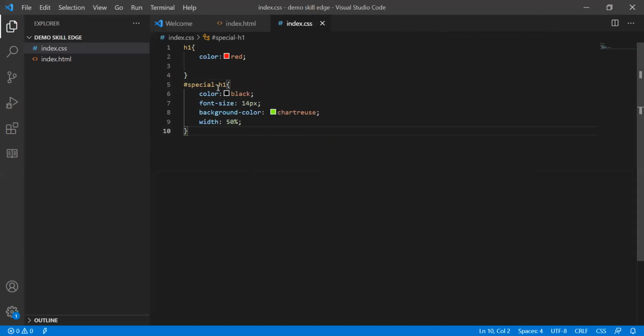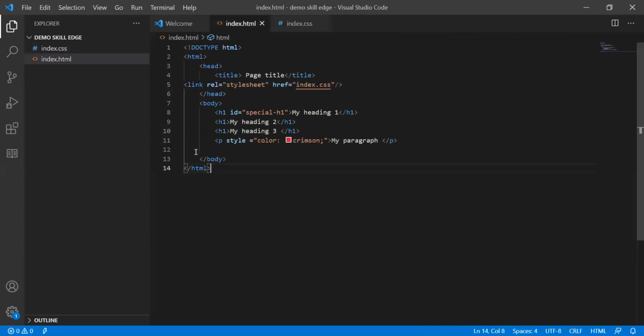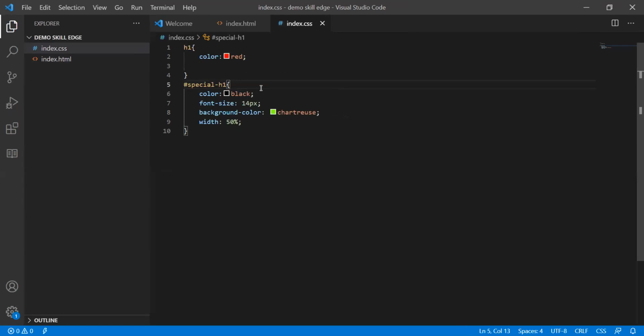So we have seen how we apply CSS based on the ID. Here we just created an ID and applied a CSS for it. So why do we use a particular ID in this? We can just mention H1 and make our style changes inside H1, correct? So why do we use these kinds of special tags?